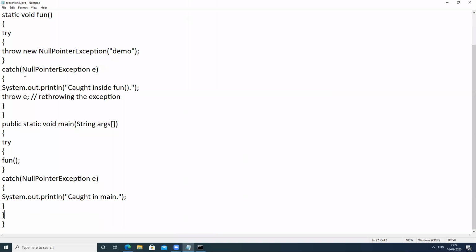So in this example, we start from the main method. In that we write the try and call the fun function. Whenever we call it, the control comes here. It comes to the try block. It generates a null pointer exception demo. So it is handled by the null pointer exception, and it gives the message caught inside fun. After that, it calls throw e. After that, it comes outside the function, and it throws an error that says caught in main. Okay,